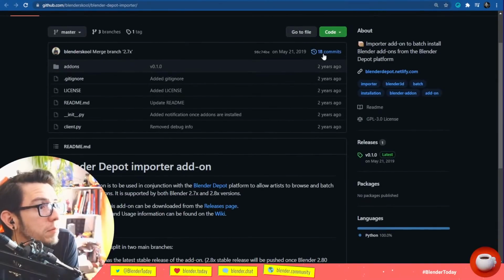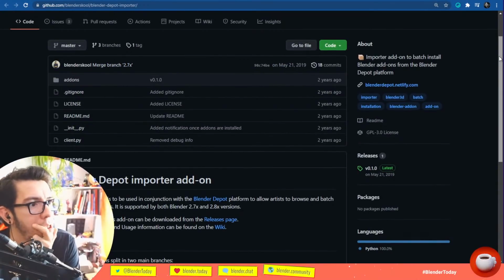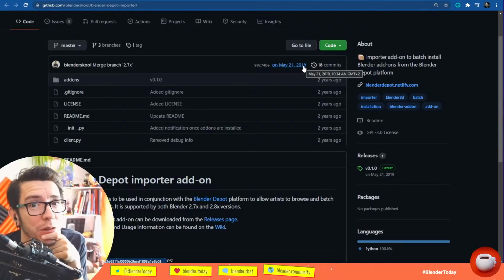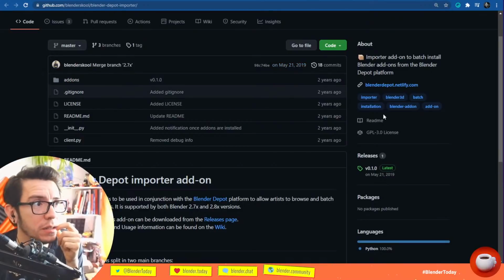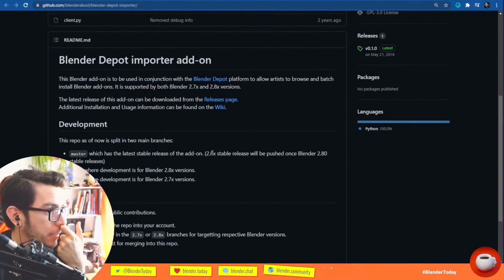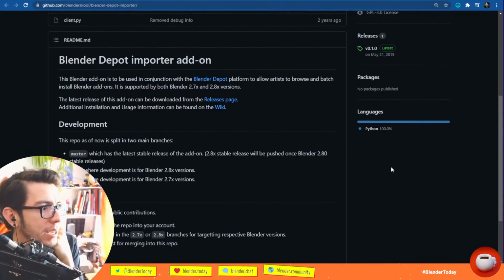Looks cool. 2 years ago. I wonder if this is working with the latest Blender. Probably not. 2019, that is May 2019. That is Blender 2.7 still, because 2.8 came out in the summer of that year, in July, I think. Maybe it has to be updated.